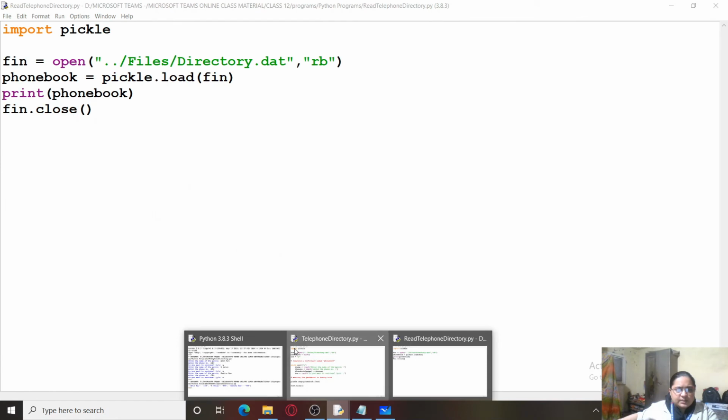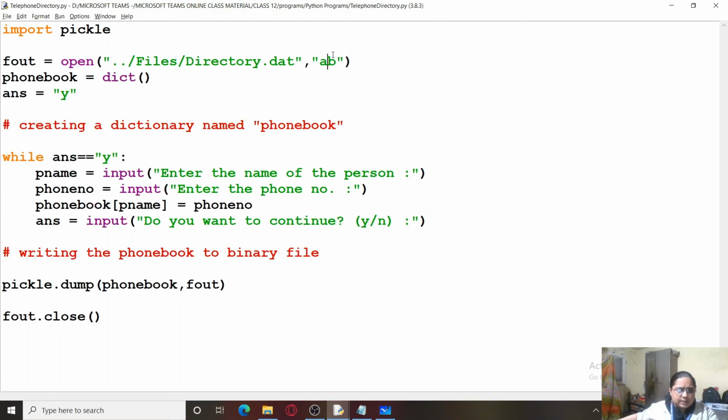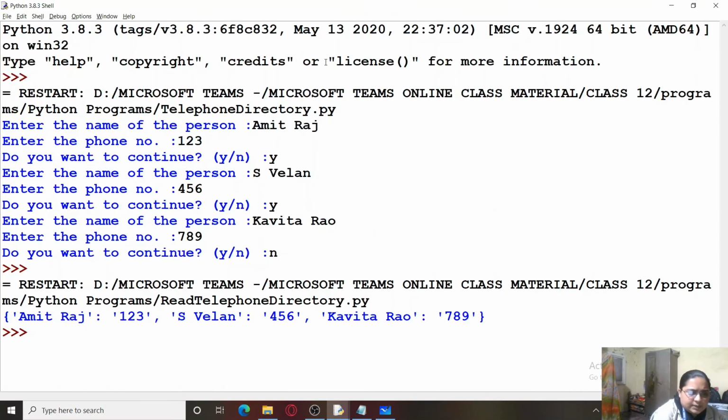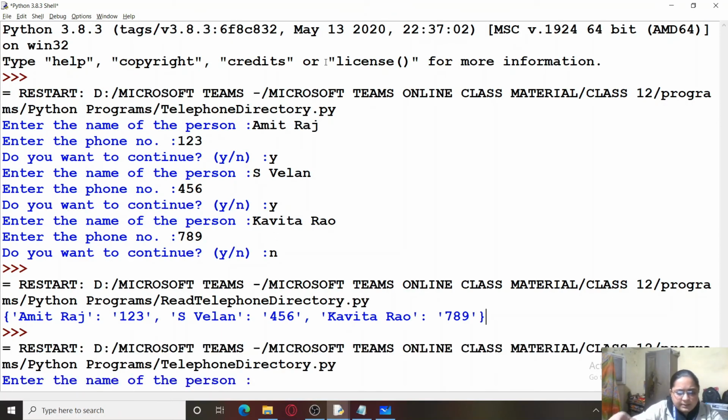We just made a small correction over here, that is to add a, and our program would execute. So I'm going to run again. Now our binary file already contains the records of Amit Raj, S. Velan and Kavita Rao. So I'm adding a few more names here.